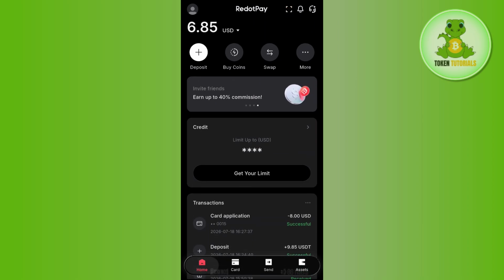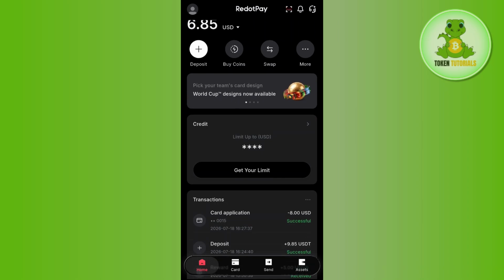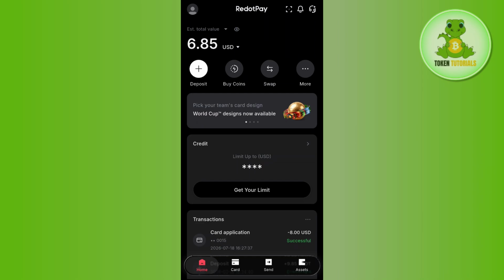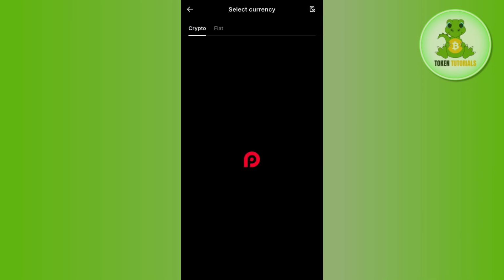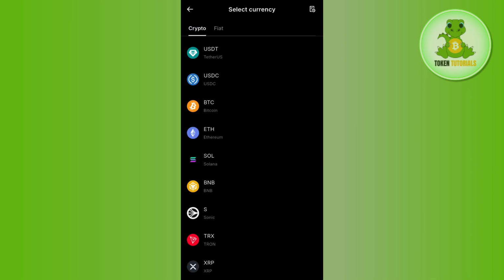Now over here, when you are inside your app, you are going to see the option of deposit, or buy coins and swap. So basically, in order to add the funds, simply tap on the option of deposit. Now you will be shown two different options to add funds. First of all, since this is a crypto card or the crypto application, you can deposit the cryptocurrencies, or you